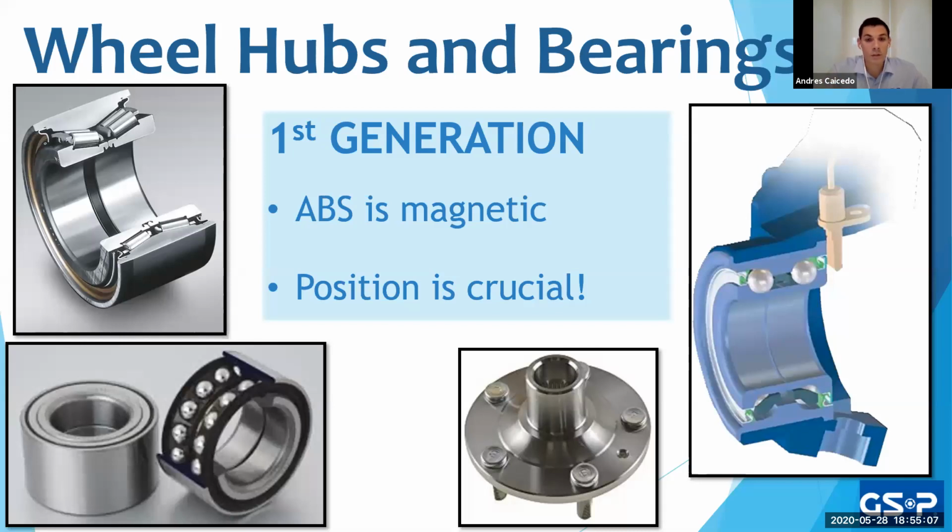In the first generation, it's going to be magnetic. We're going to find it on the bearings, not the hub, but the bearings. On the outer side, on one of the sides, not both, just one, we're going to have a magnetic strip. And this magnetic strip has to be facing outward, not into the flange, but outward. Why? Because we're going to have a sensor